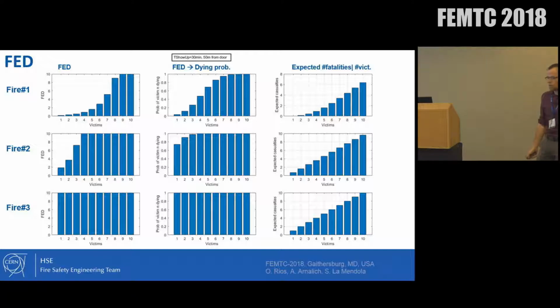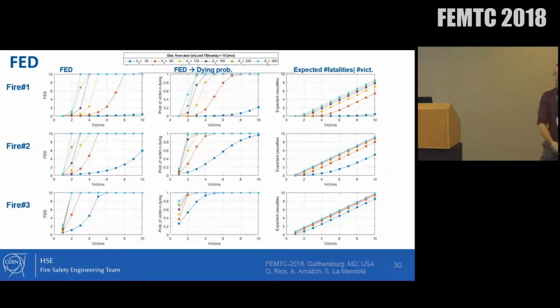So now we do have all the ingredients, and we can go and check all the fires for the different configurations we got. So those are the 3 fires. This is again the FET of each victim, but at the time the firefighters reach them, and this is the dying probability of each of them, and this is the accumulated dying probability given the number of victims. So if you see a 45 degrees line, that means that 1 victim gives 1 casualty, so that means you are not rescuing a life, or it's highly unlikely that you rescue a life on any of those people stuck there in the tunnel.